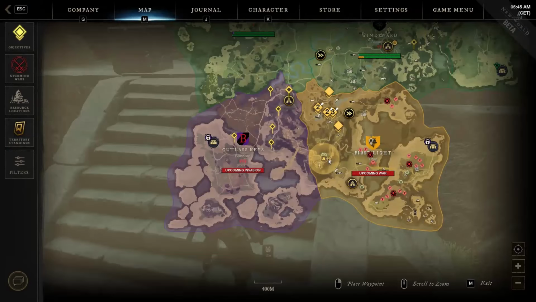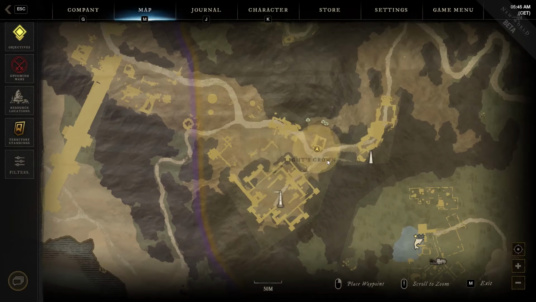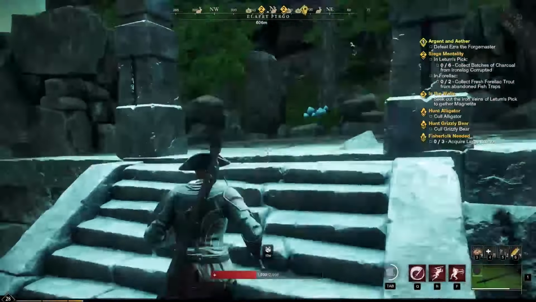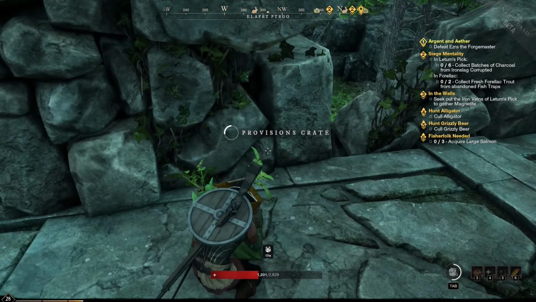The third location brings us to the bottom left side of the region, where close to the region's border you can find a location that takes the name of Light's Crown. Here you have to check the small building above the crossroad in the map. After the entrance staircase, check immediately on the left side of the ruins in order to find the provision crate